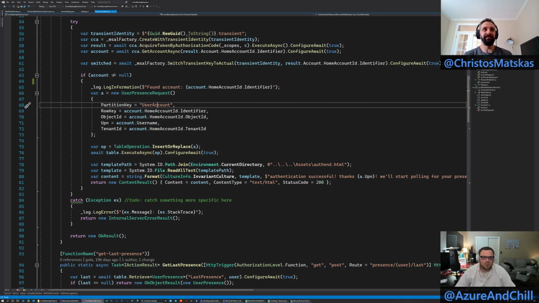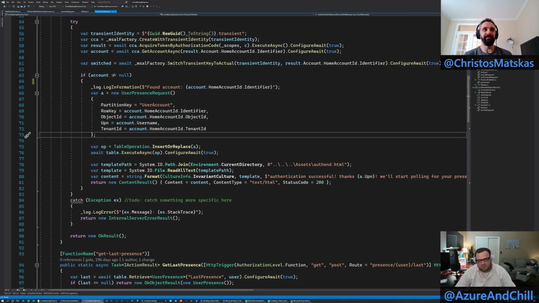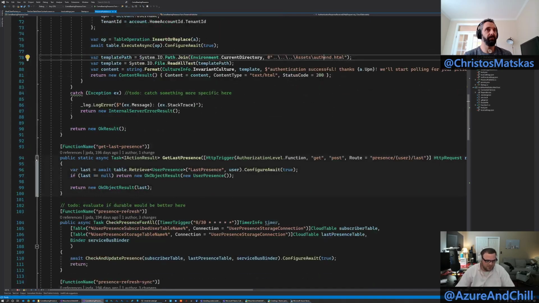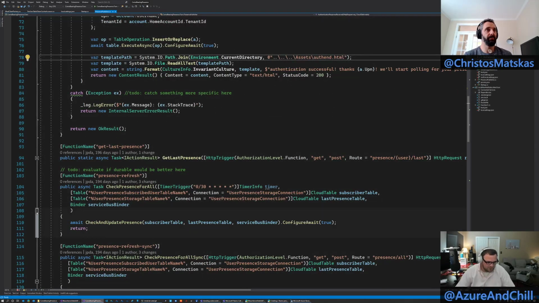So we're creating a new object, and actually we're doing it ourselves. We're not using a binding here. So we're inserting this object into the user account partition. And then we try to send the user a message: hey, thanks for signing up. We'll start polling for your presence and pushing it to your endpoint soon. So this handles creating the token cache, persisting it into storage, and then creating a record that the user exists so that in the timer later on,